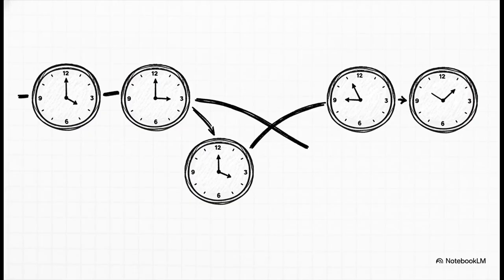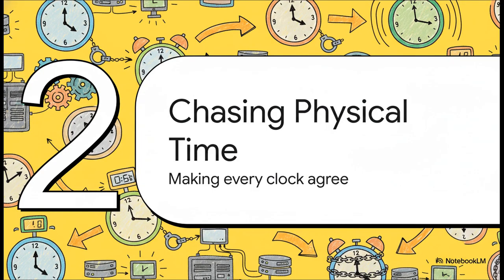And what's really wild is that these tiny errors from clock drift, they build up. A clock that's just a millionth of a second too fast today will, over days and weeks, become seconds, and then minutes, different from some perfect clock. They just can't help but wander apart from each other. So the first logical solution anyone came up with was, okay, fine, let's just force them all to agree. This next part is all about that initial quest to chase down physical time and try to make every single computer clock show the exact same thing.